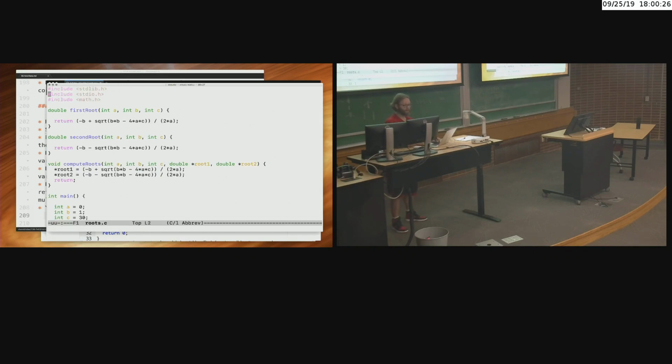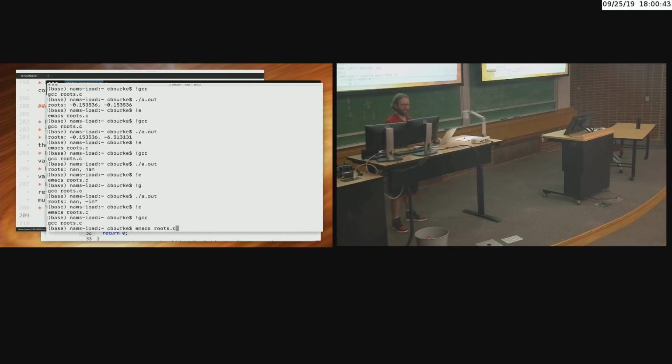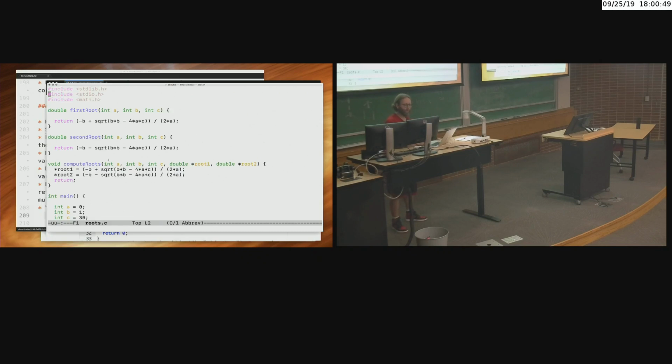Another thing that I could screw up, it would be what? If I didn't give it a valid pointer. What if I gave it null? Right? It tries to dereference this null pointer over here. What's going to happen? Let's find out. Segmentation fault. Right? In other words, there are inputs to this compute roots that we may want to handle differently,